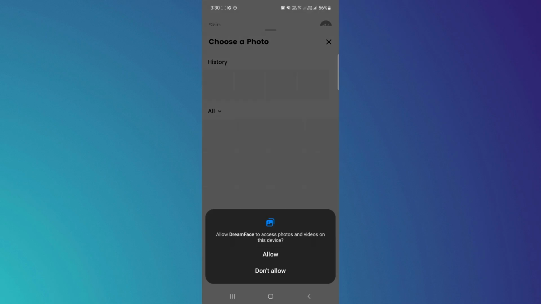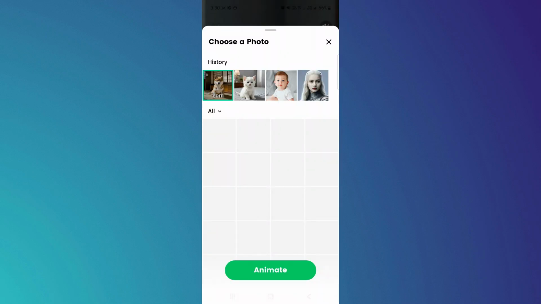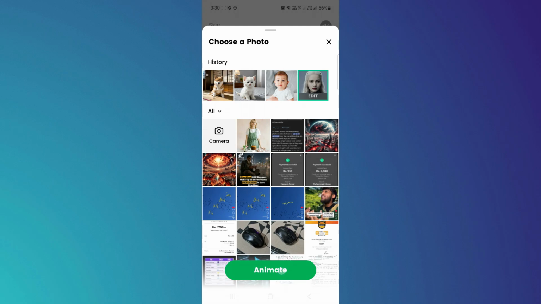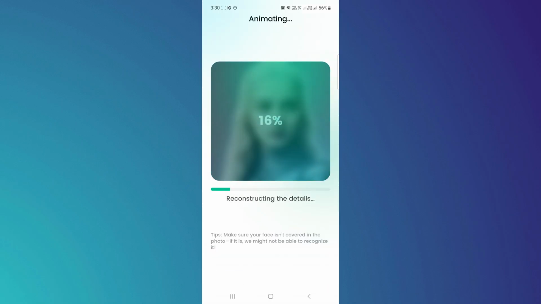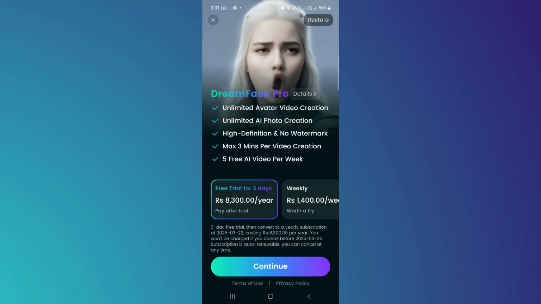Then, allow full access to your gallery and choose any photo you want to create a fun or high-quality video of. After you choose the photo, simply tap on it and it will take a few seconds to generate the funny AI video. Wait for a few seconds, and after that, you will get to see the funny video on